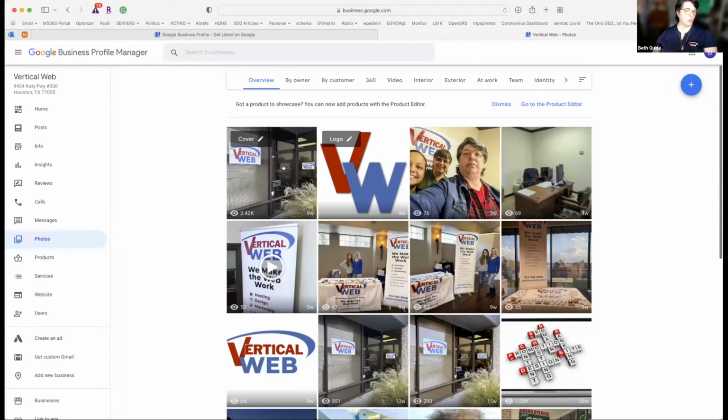Okay, so we had a nice picture with the skyline, and we said, vertical web. We did all this awesomeness, and nope, you really need a picture of your doorway. So little by little, we're switching all these cover photos out for doorway photos, because what they want to see is what people are walking up and seeing. So we put the doorway, which I think is ugly as hell. I mean, I love my signs, I love my logo, but I think the doorway is ugly. I didn't pick a pretty building. I just picked a functional building.